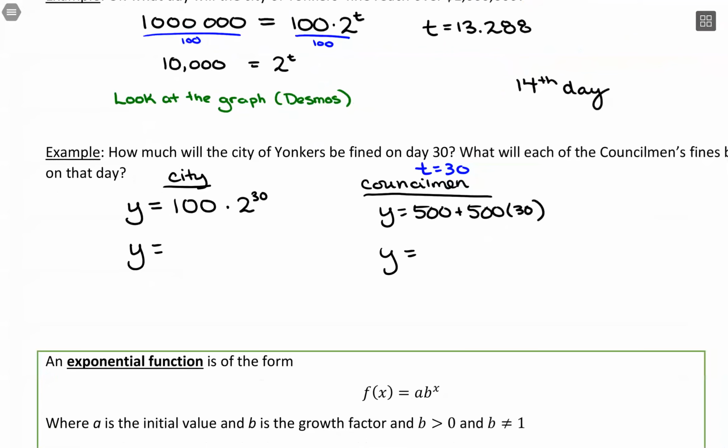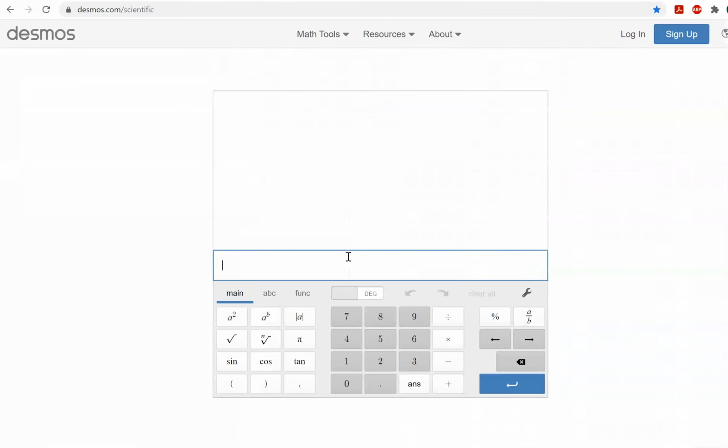So I'm going to go back over to Desmos and get to the scientific calculator. So we want 100 times 2 to the 30th power. Now, the calculator here is giving us scientific notation. What you're going to do here is it basically tells you how to move the decimal place. Since it's positive, we move the decimal to the right. If it was negative, we move the decimal to the left. So with this, I would move the decimal to the right